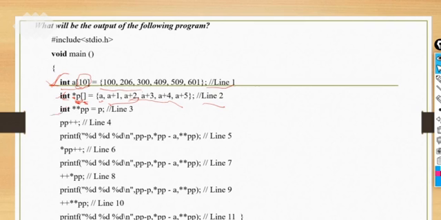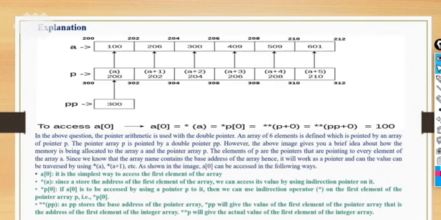This is another pointer to pointer, a double pointer, in which we are assigning p. This pp will consist of the address of p. So in double pointer pp, the address of p is there. Indirectly, p is pointing to the array a, and this double pointer is pointing to p. Then we do pp plus plus, which is the increment operator, and here we have taken post increment. What does it actually mean? Here we have some explanation.